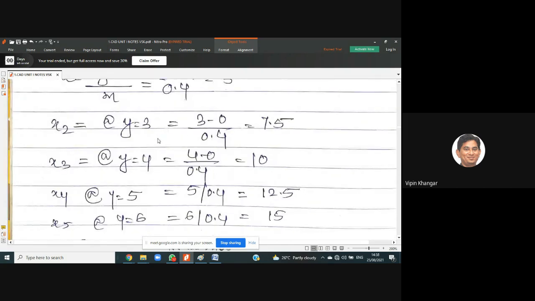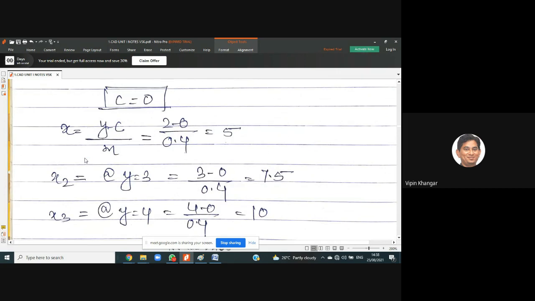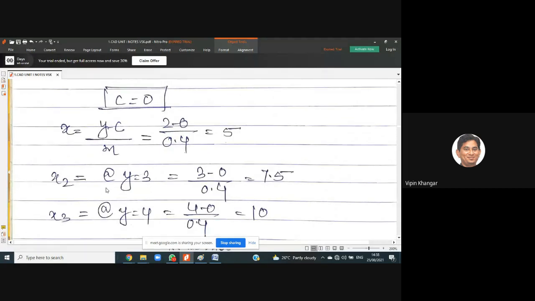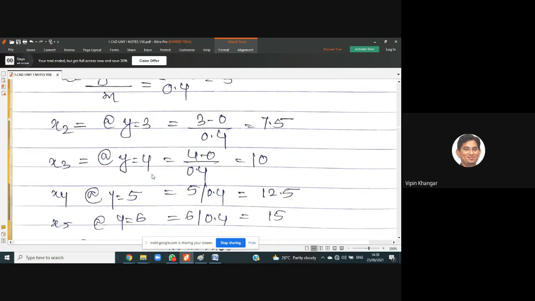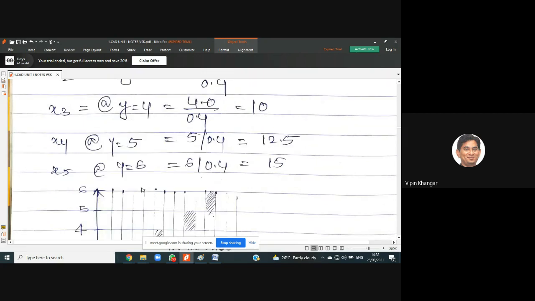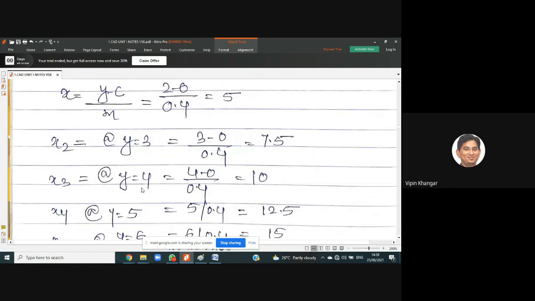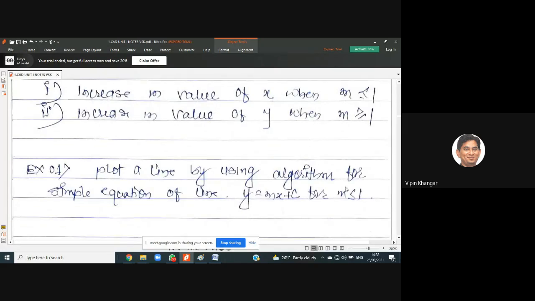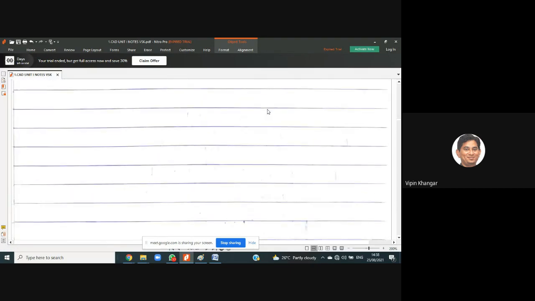Now we start with the x2. So here, I think, okay, x2 is equal to at y equal to 3. Since increment is 0, then definitely we can just put here some of the correction we need to understand, because I think there is some mistake has been done in this one. Because when you talk about the slope, the equation of line, the slope is less than 1. So what actually we have specified here, slope is less than 1, so definitely we need to go for the increment of x. So here a small correction is there.